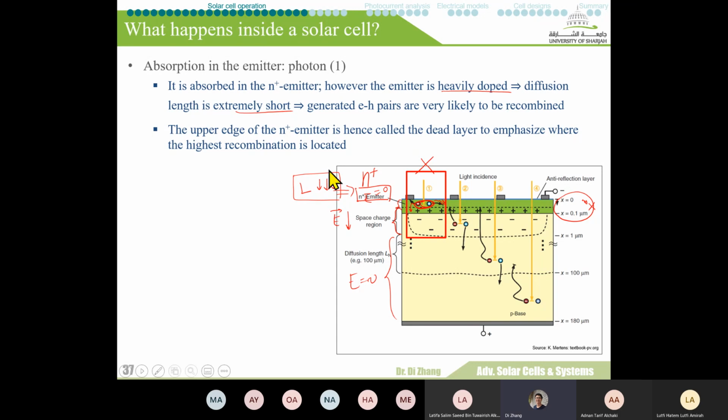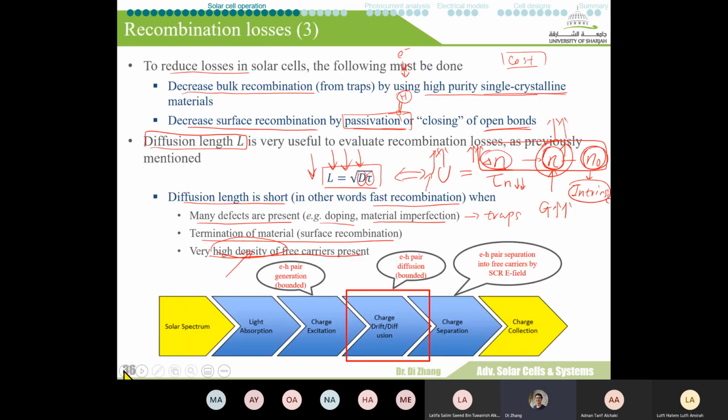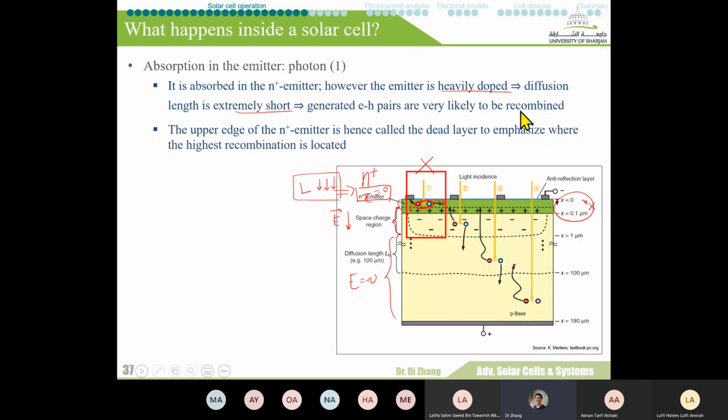Okay, if you go back to the previous process, for photon number 1 we usually have a very efficient absorption, because at the front surface you can absorb photons very easily. We may have a very efficient generation process, but then the problem happens for the diffusion. You have a very low diffusion efficiency, and therefore you will not have the following process. So that is the scenario for photon number 1, which is why